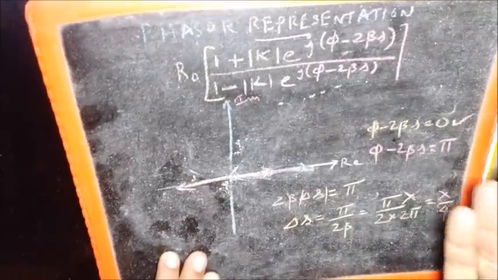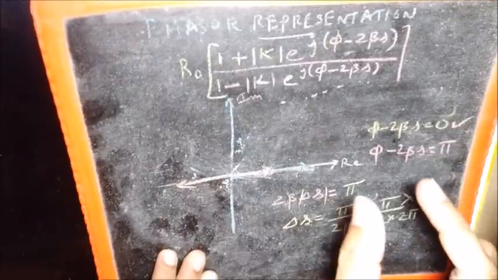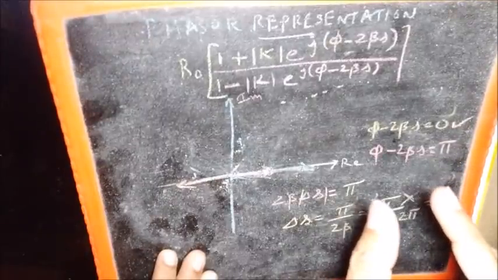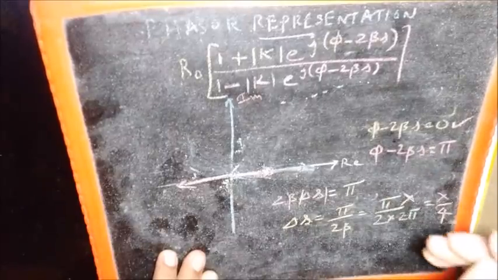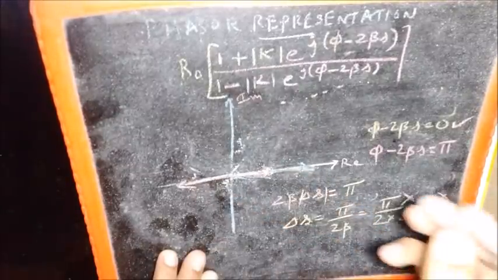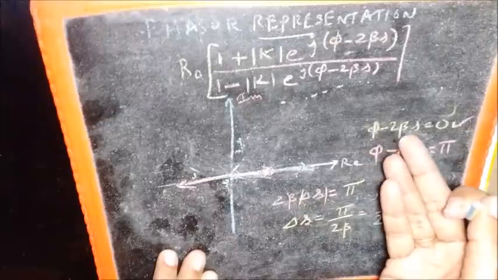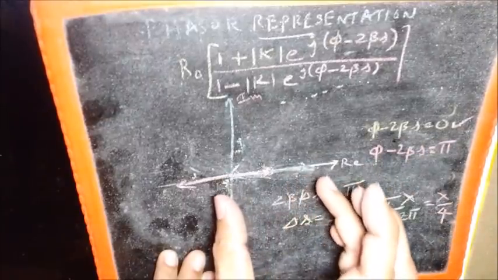Delta S is equal to lambda by 4, because we had discussed in some detail that the distance between two adjacent Rmax and Rmin is lambda by 4. Now when it is reflected over here, what we see is that when phi minus 2 beta s is 0, when that was discussed earlier, please recall that figure.